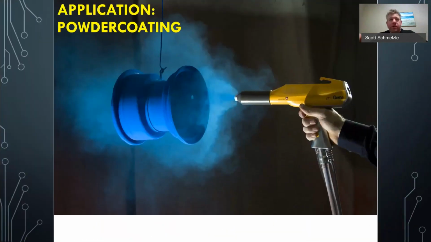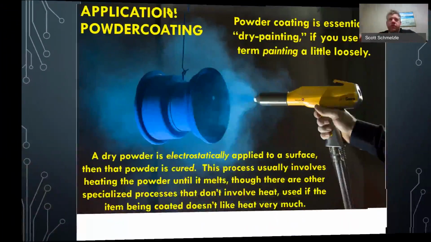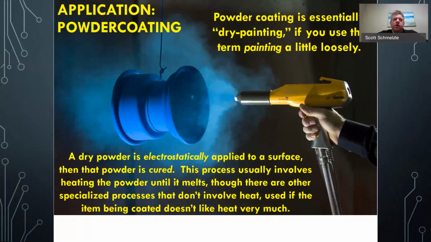Powder coating is actually something that's very interesting for us. When we powder coat something, what we're doing is we are basically dry painting. Okay. A dry powder is electrostatically applied to a surface, then that powder is cured. The process usually involves heating it until it melts, though there are other specialized processes, blah, blah, blah, right? But basically what we have here is a gun that's going to spray the paint onto this, right? Now, the reason why we say it's dry painting is because this is just going to be charged,